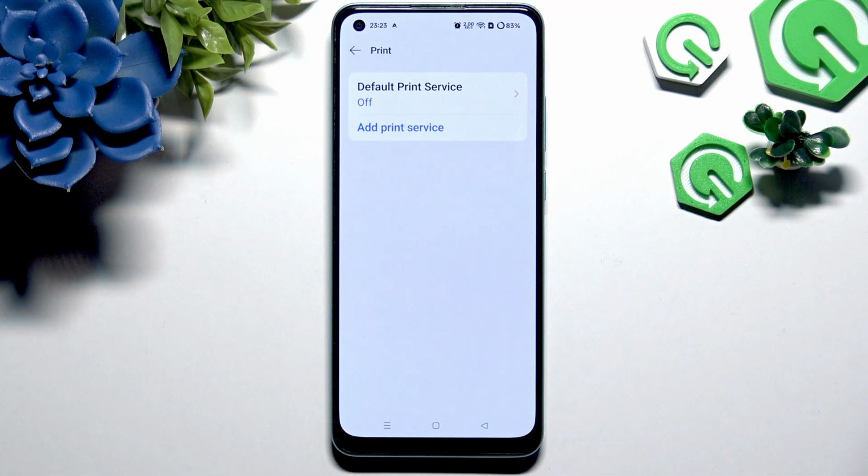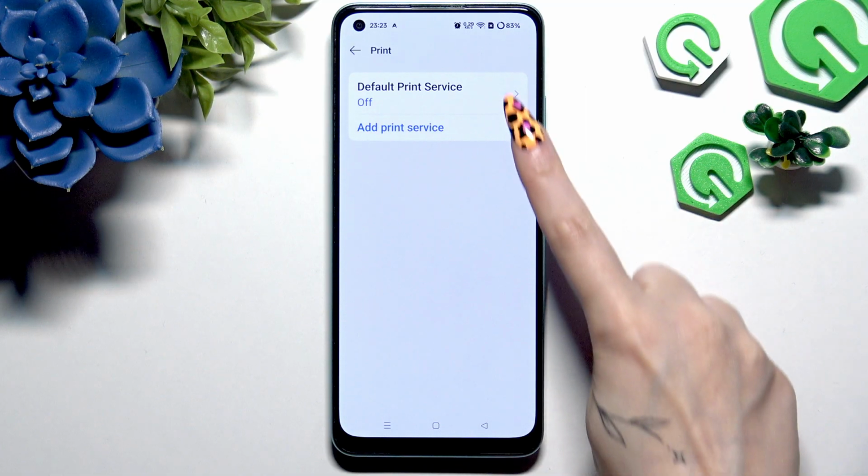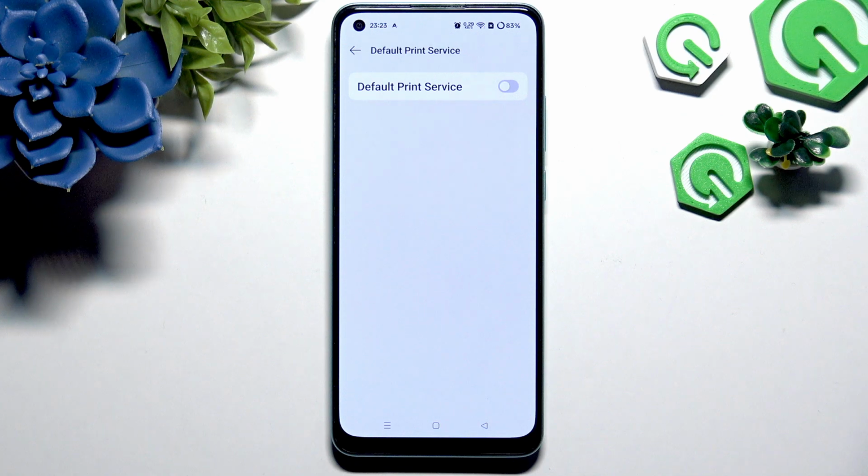Wherever you decided, click on a chosen one. I will stick with my default. And click on gray switcher to activate it. Then wait. Your device is now looking for a printer, and when it finds one, it will connect to it, just like